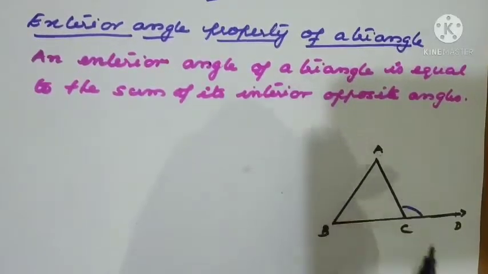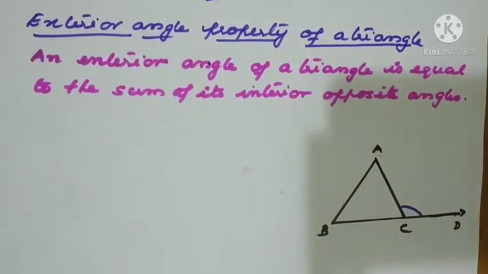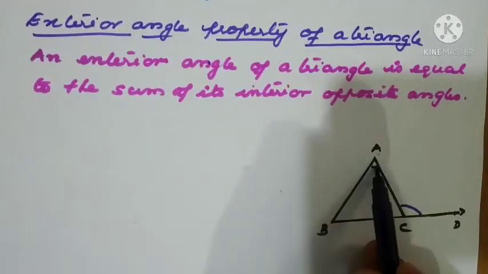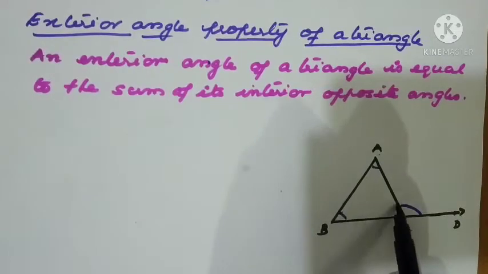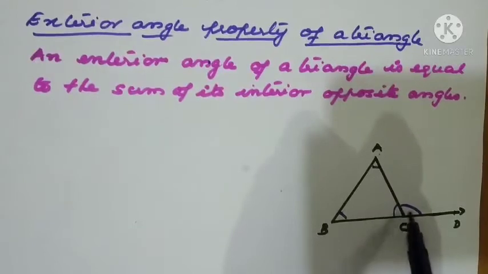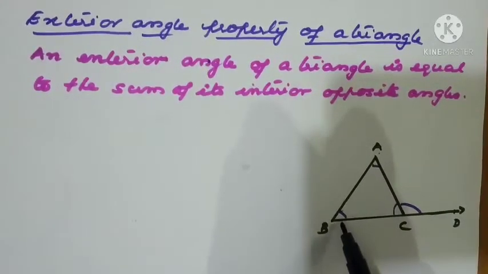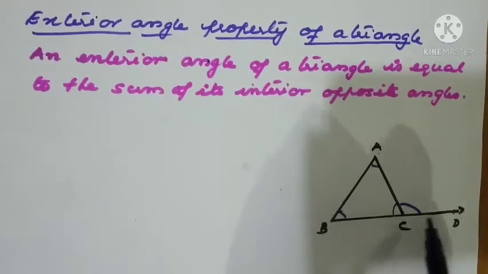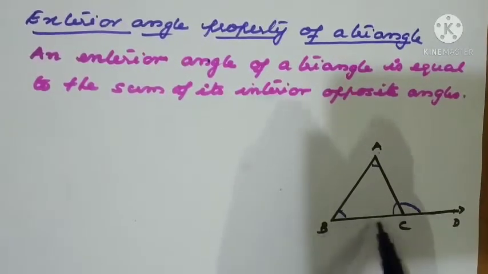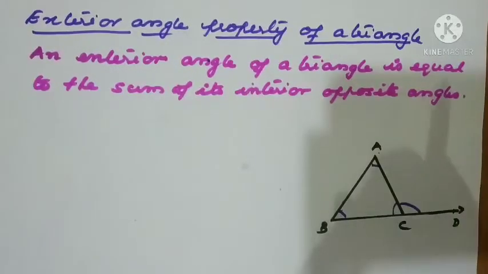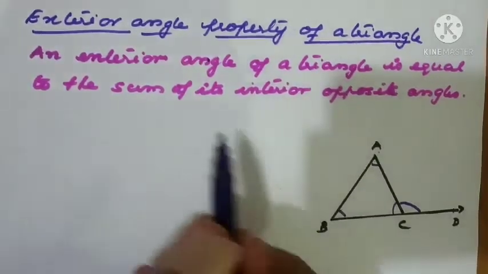Similarly, we can extend the other two sides also, that we will show you later. Now we got that this is the exterior angle. So angle A, angle B, angle C are called the interior angles, right? Now angle ACD is outside the triangle only, so it is called an exterior angle. How are we getting it? One of the sides of the triangle is produced to one end. That means BC is produced to D. Then we are getting a new angle, angle ACD, that is called an exterior angle of the triangle. Now how to prove this one?